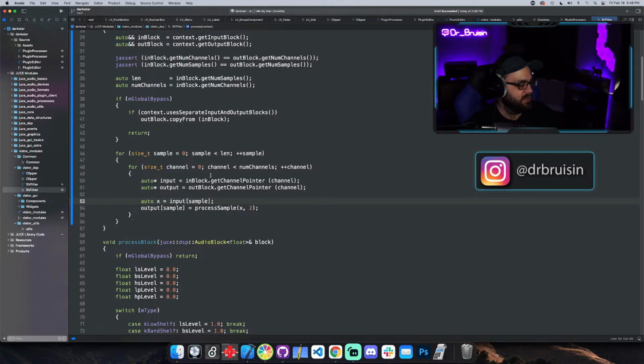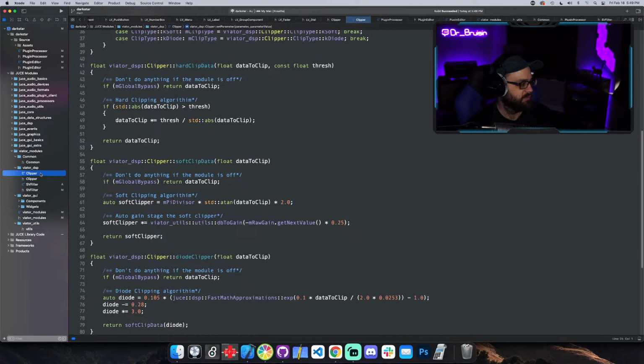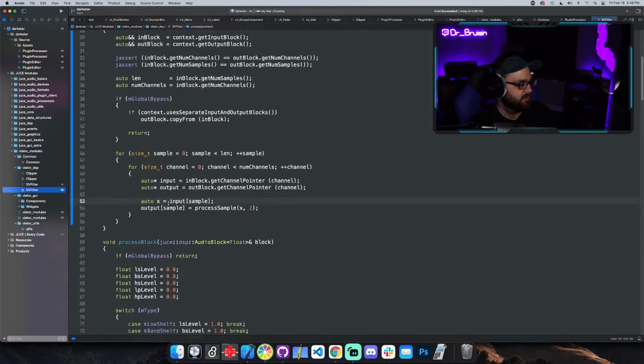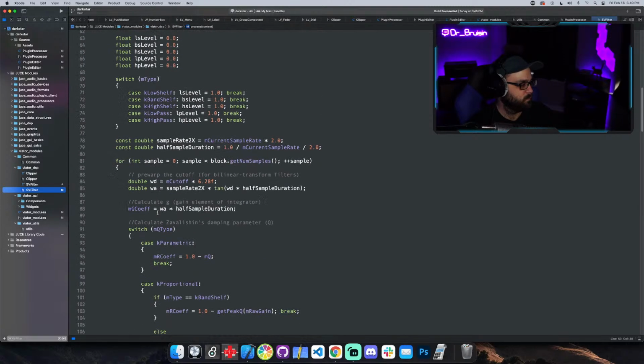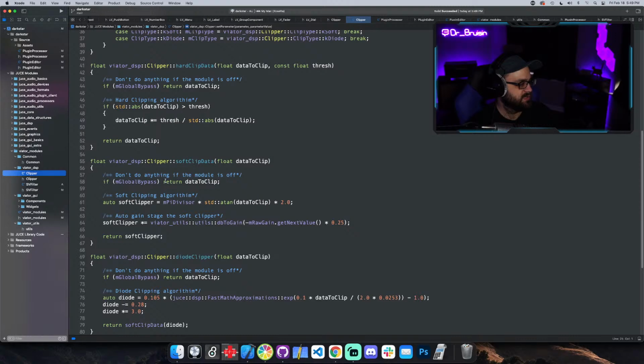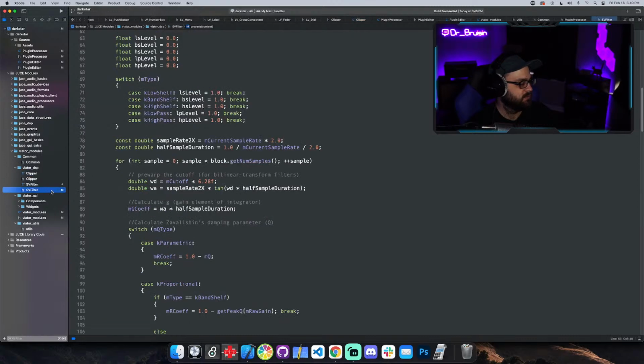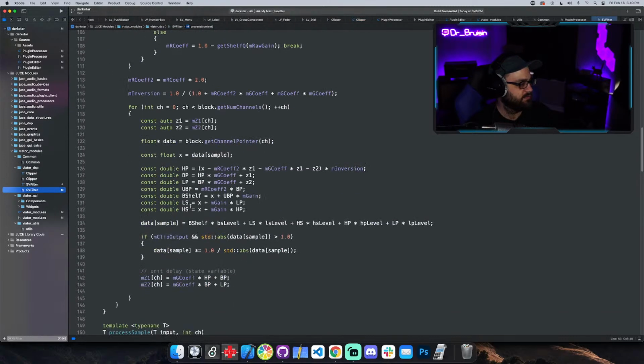So I need to make a method that I could break out into the CPP, just like I did with Clipper. So in Clipper, I did soft clip data. So I'm going to do something like filter data. And then, did I just do that as like a float or something? Yeah. So let's do,